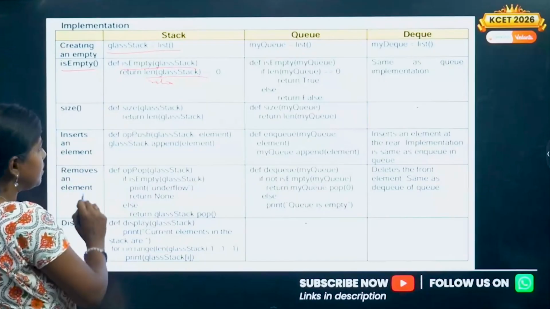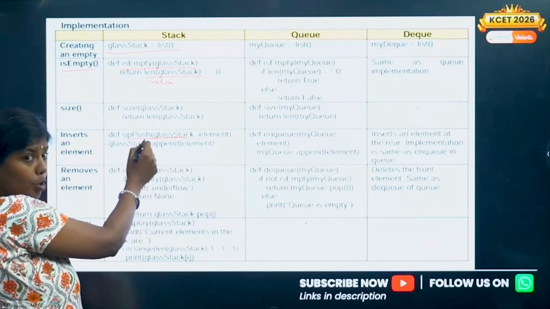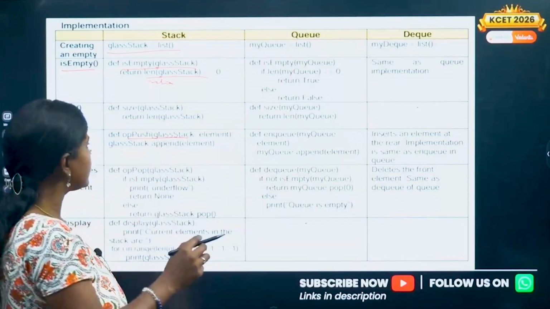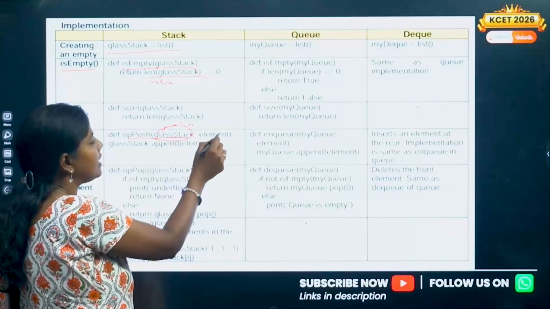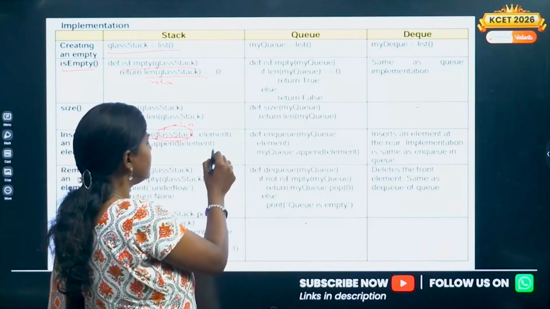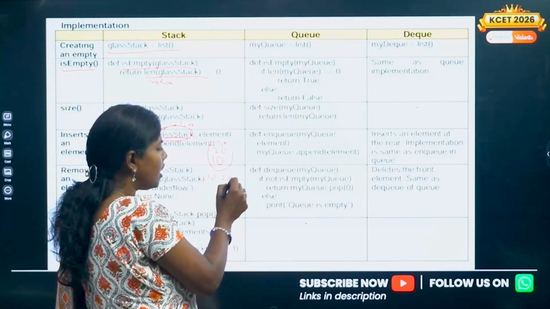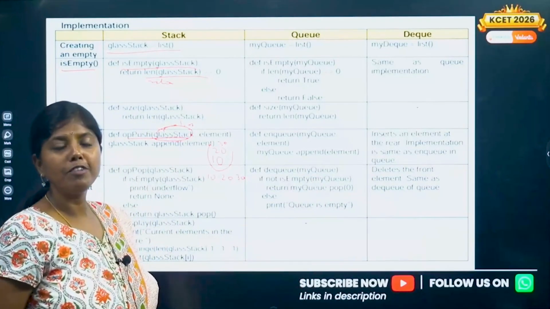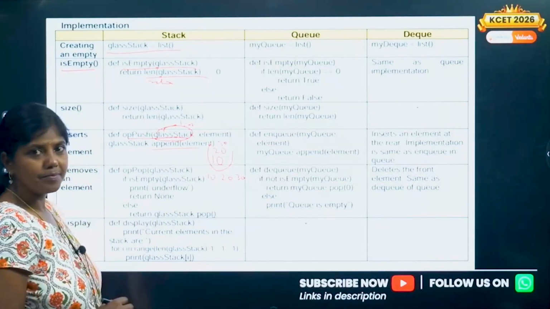Now insert an element. def push or pop operation. The push operation is to insert an element to the stack. You need the stack, which is nothing but a list only, and the element to be inserted. How do you insert an element? There is an element 10 here and 20 here. How will I insert 30 or 40 here? Just append it. There is a function called append in the list class: self.stack.append(element).